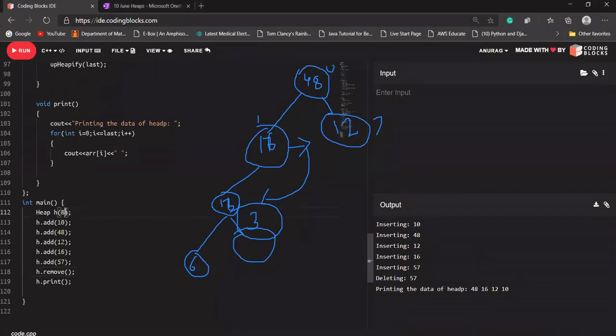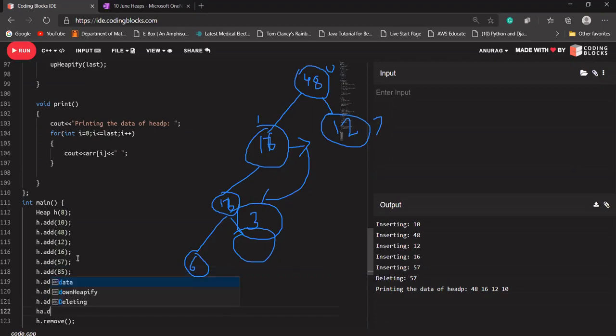Let's increase the size of our max heap. Let's add some more values to it. Let's add 85 as well. H dot add 96 as well. H dot add 5 as well. H dot add 26.